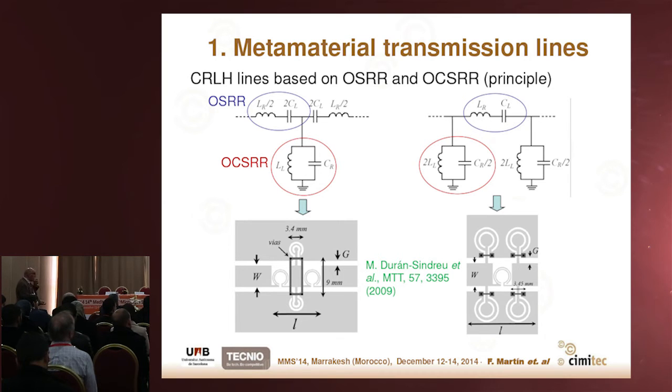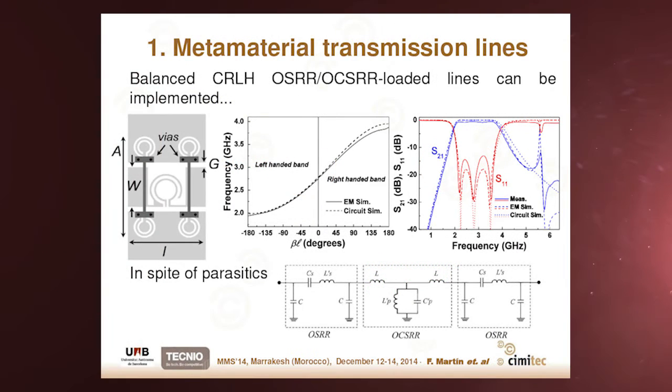We can also think, of course, in a pi configuration, as shown here, providing a similar topology but in a pi configuration. Now we can implement balanced composite right-handed OSRR and OCSRR loaded lines,